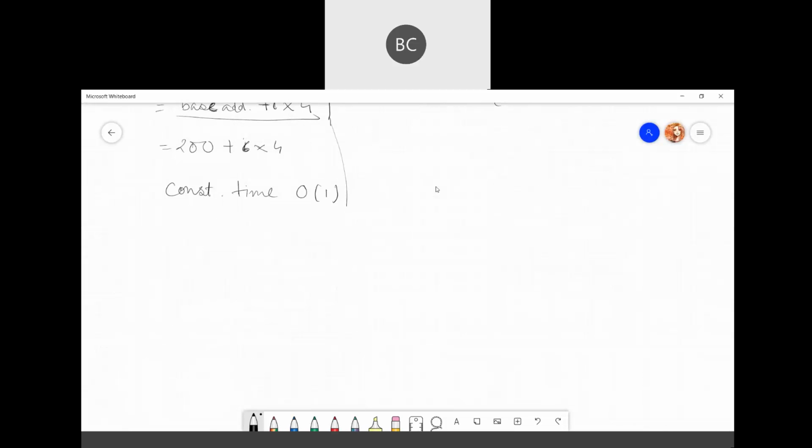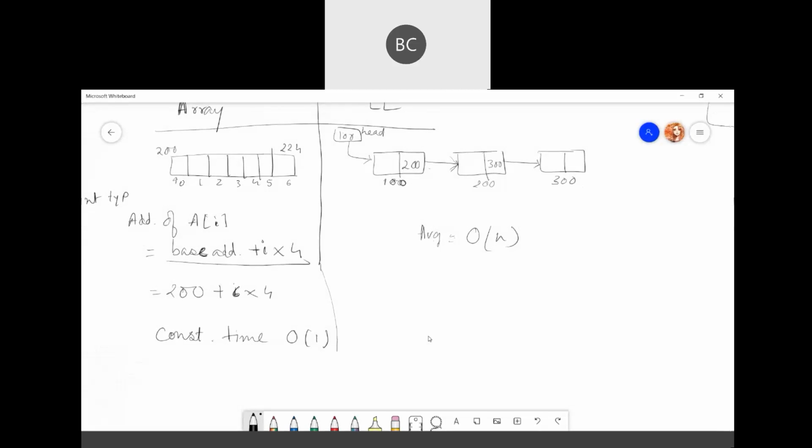Then again, for the memory requirements, in your array, if I'm storing like 2, 8, 10, then this memory is empty. Remember we had the problem with the array of used and unused part. If there is an overflow condition, even if there is some space available, we cannot add any item.